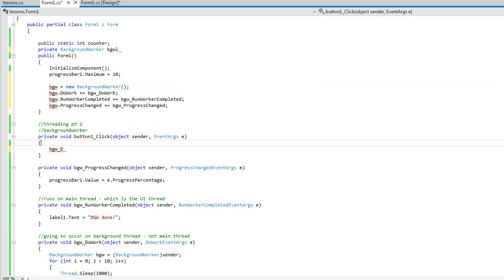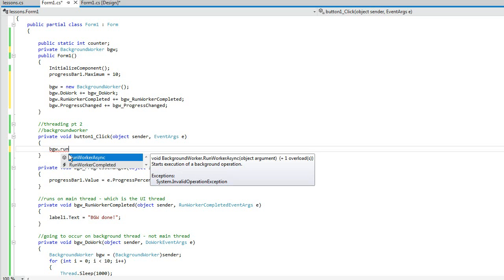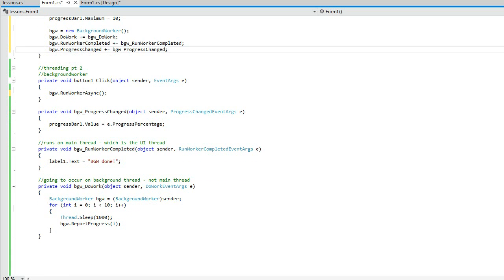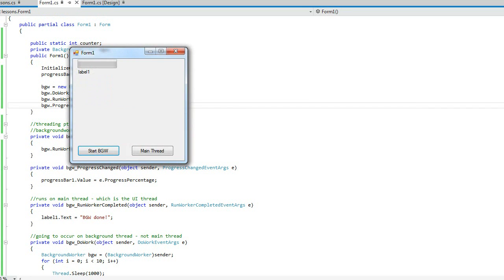So we have this variable right here, BGW, and in order to actually get the background worker to start, you have to run worker async. That basically says, okay, start up the process, get that background worker started, and up here we have told it all the events to subscribe to. So go ahead and set all these events up, and then it works. Let's check this out now. We actually didn't have this button wired up, so we still have the main thread that does what it needs to do, and this thread over here,